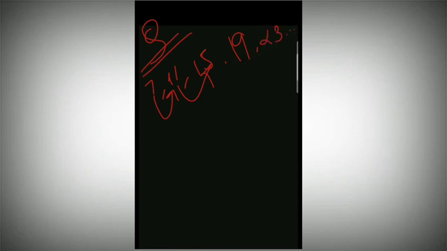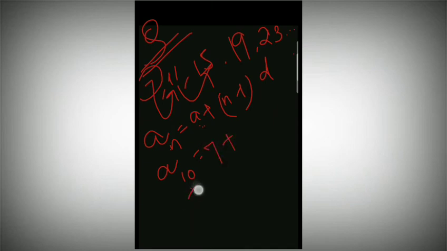If I ask what is the 10th term, can you tell me? Then you will say yes, sir. What is the formula of the nth term? That is a plus n minus 1 times d. We have to find out the 10th term, means the value of n is 10. What is the first term? That is given here, 7. 10 minus 1, that will be 9. And the value of d will be only 4. Do you know how I found it? Second term minus first term.